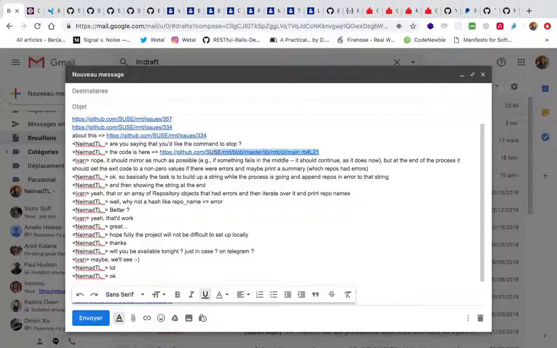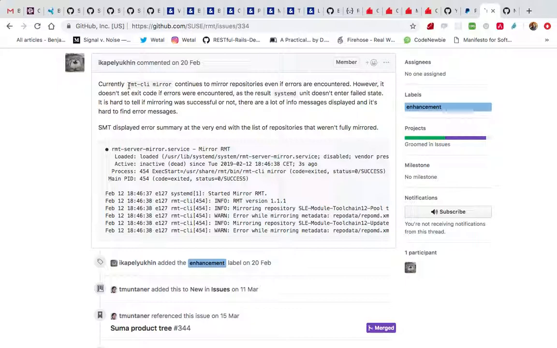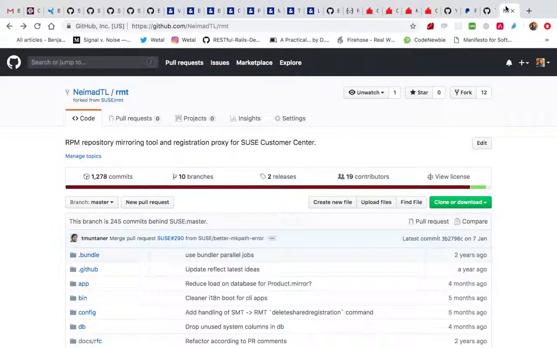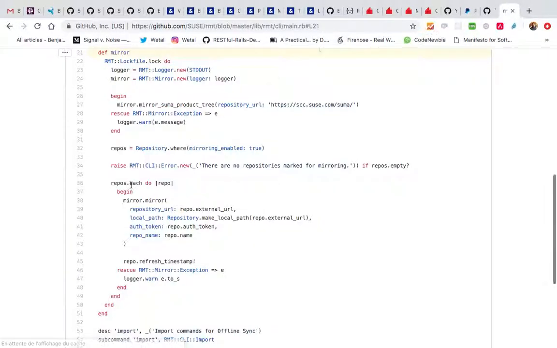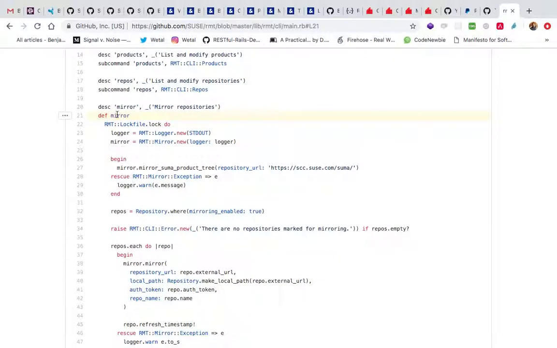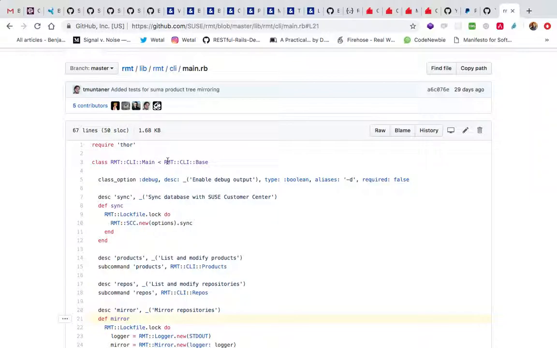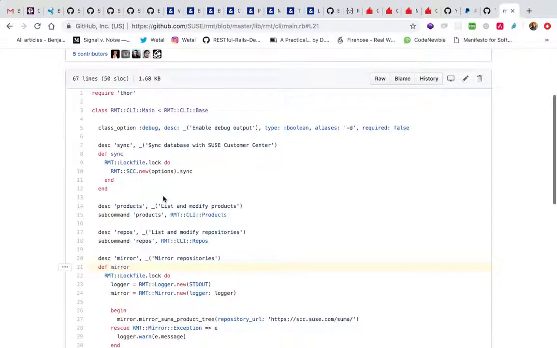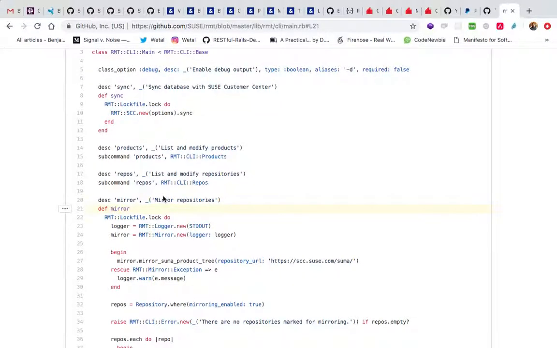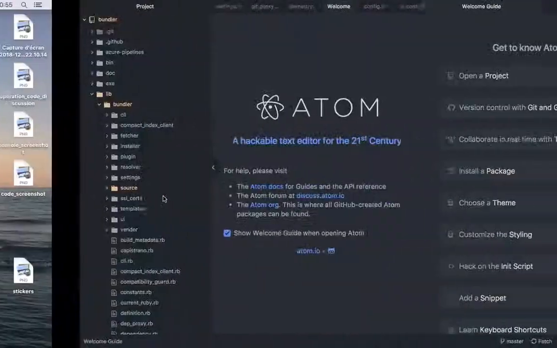This is actually the method where we should look. Because if you go through the issue, it's the RMT CLI mirror command, which you can actually find here. This is the command, this is the CLI class, and I'm actually going to show it on